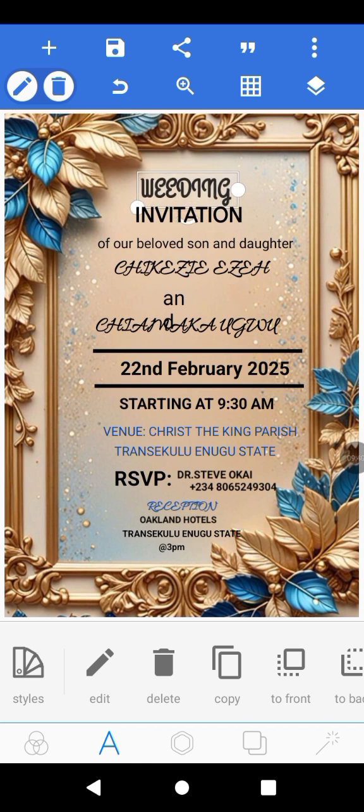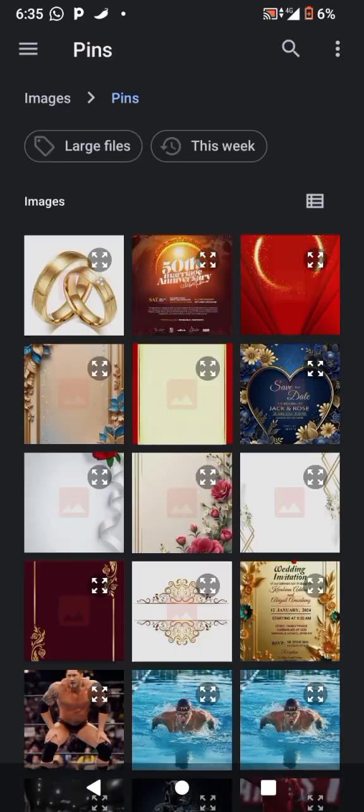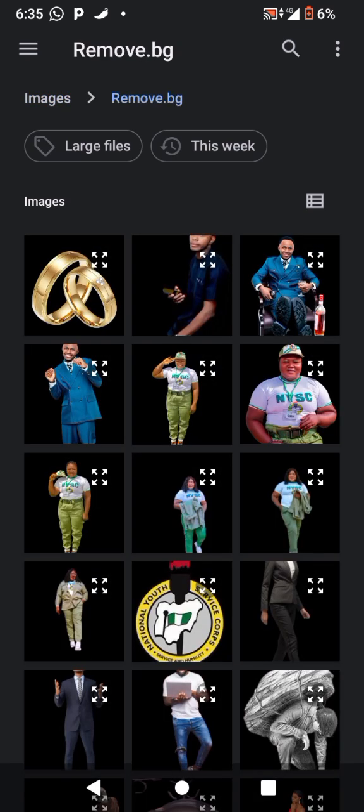Let's design it more. Let's add something like a ring at the top of this wedding to make it more fancy. Like I said, you add a little bit of design to it. Let's add something like a ring to this thing, and this ring I've already gotten from Pinterest. I removed the background with